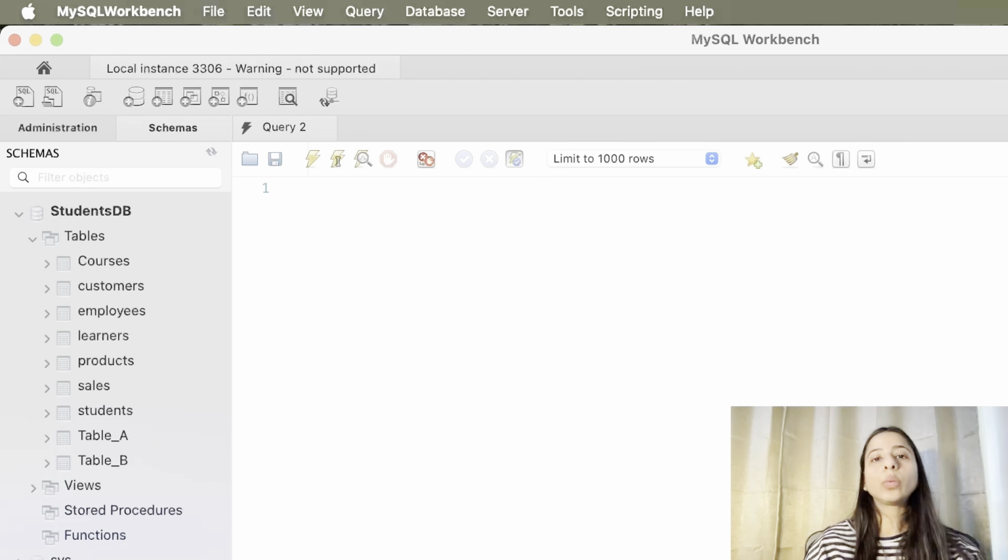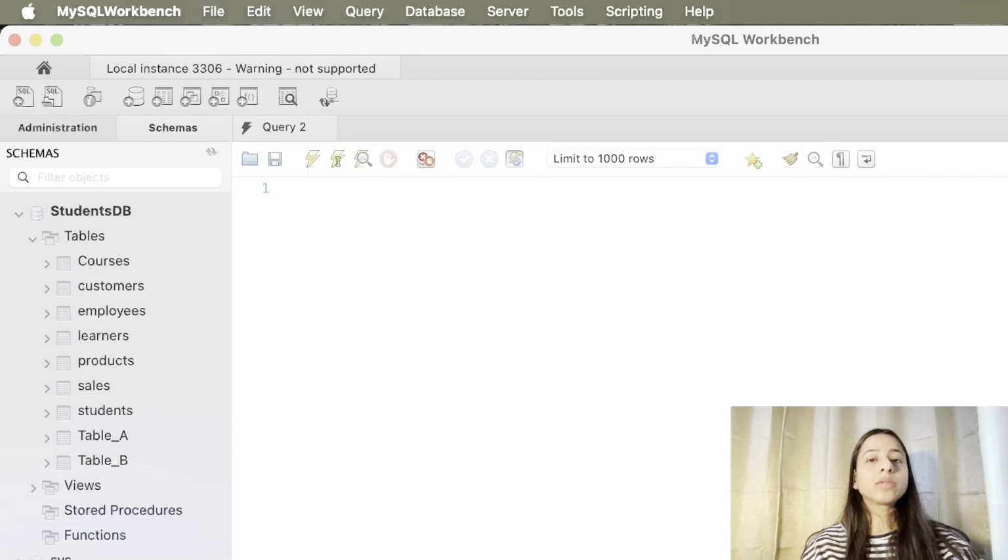So what is a SQL join? Imagine you have a list of students in one table and the list of courses the students have enrolled in in a different table. Now, if you want to find the information on which student is in which course, you need to combine the data from both of these tables. That's exactly what SQL join does. It allows you to combine multiple tables based on a related column to retrieve the information.